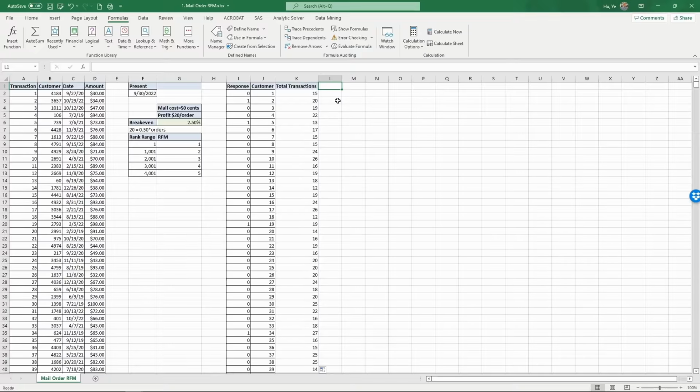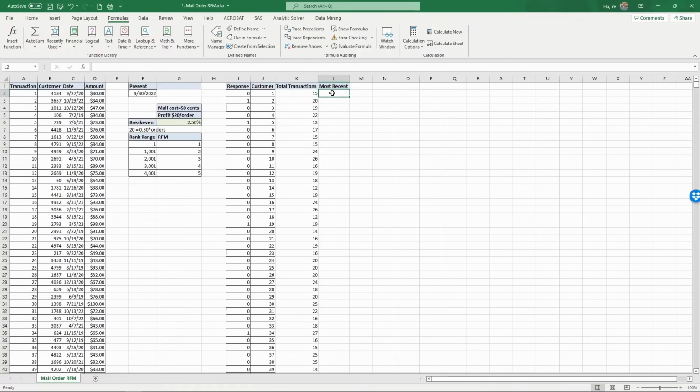The next thing we want to prepare in order to calculate RFM is the most recent purchase. So let's call this Most Recent. And for most recent, when you think about what most recent is, it's really the maximum date that the customer has purchased the product. Except that we cannot just find the maximum date in this date column, we have to also match the customer ID. So it will be the maximum date that customer 1 has made the